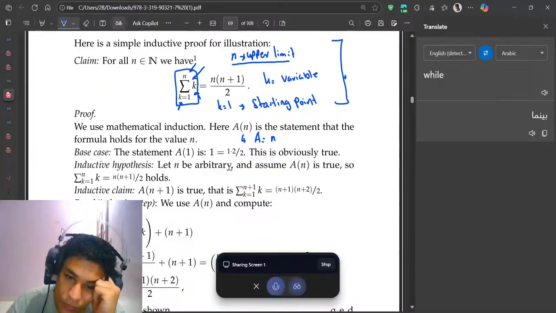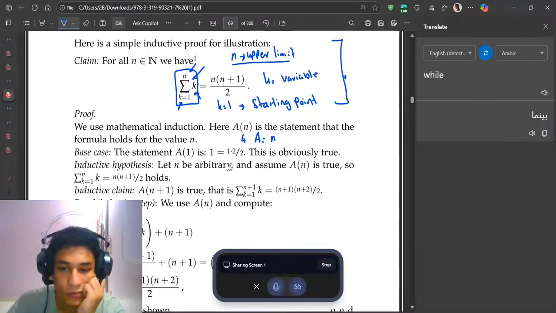So can we consider A as a function where n is being inserted in A? Exactly. Think of A as a function and n is the input. So A_n indicates that you're evaluating the function A at a particular value of n. It's a way of saying that the statement or formula in A is being considered for a specific n.